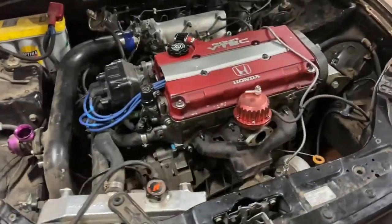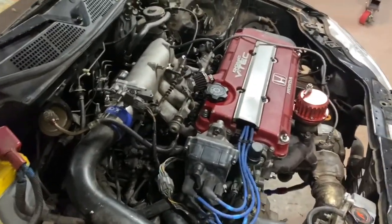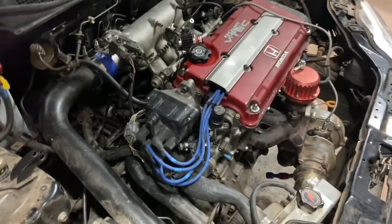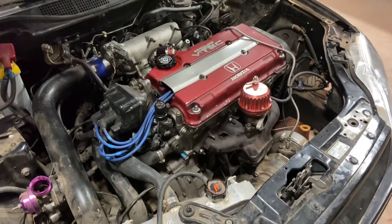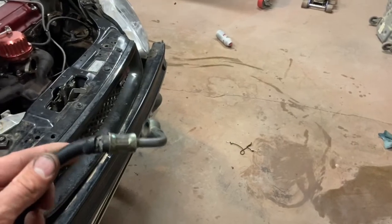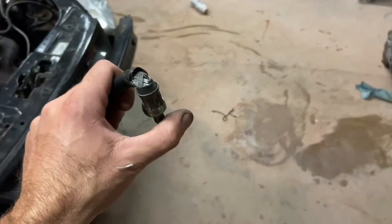Well, there it is. It is all back together. I had a few oopses. It took way longer than it should have, especially for having this particular car apart and back together one other time. But this fuel line here, when I pulled the head off a while ago,